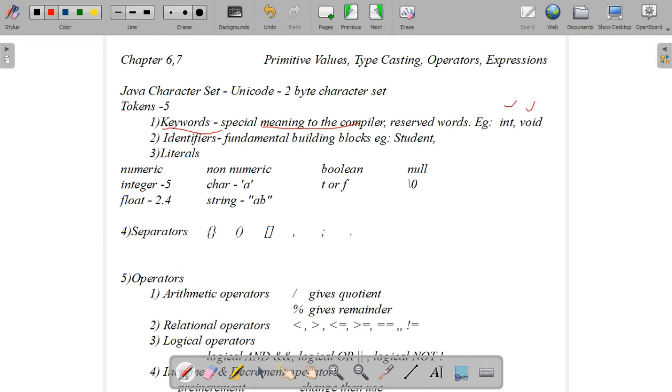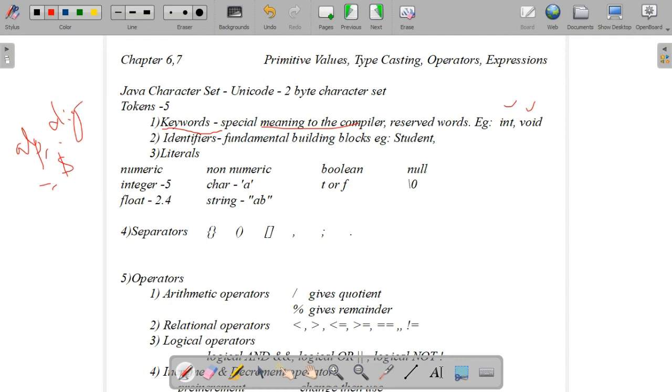When we write an identifier, it has some rules that we have to follow strictly. Identifier forming rules: first, it can have alphabets, digits, underscore and dollar sign.